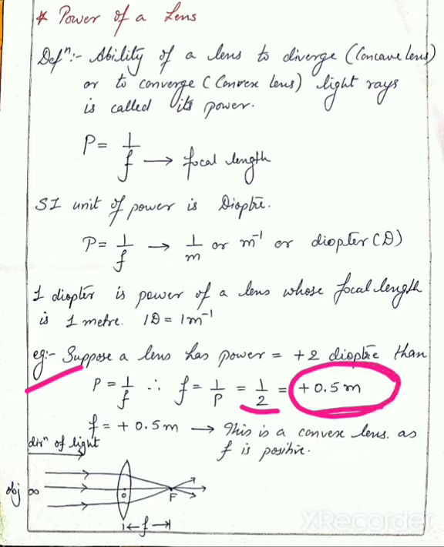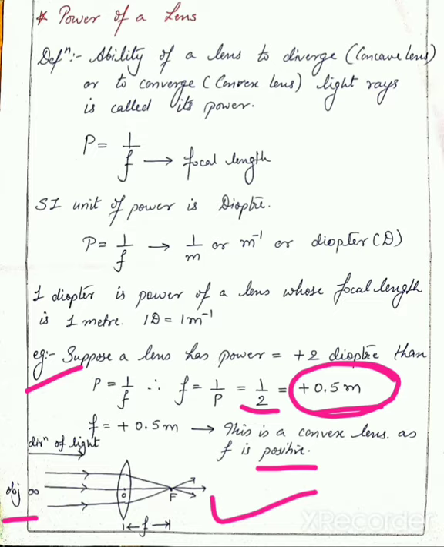Now suppose someone asks me what type of lens this is, whether it is concave or convex, how will I answer? I know the sign convention and from that I can answer. See here, the focal length is positive. Now just concentrate on this figure. This is the ray diagram for a convex lens when the object is placed at infinite distance. This is the direction of light. And if I want to measure this focal length, in which direction do I have to move?